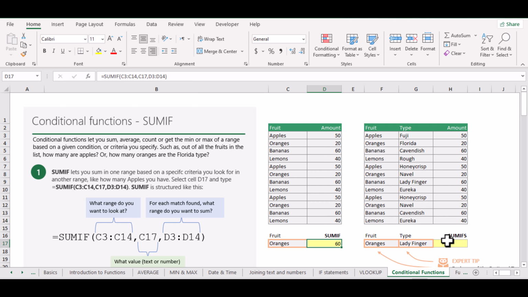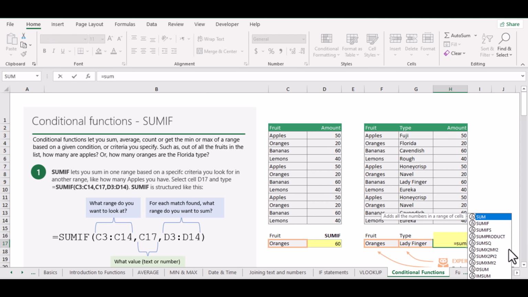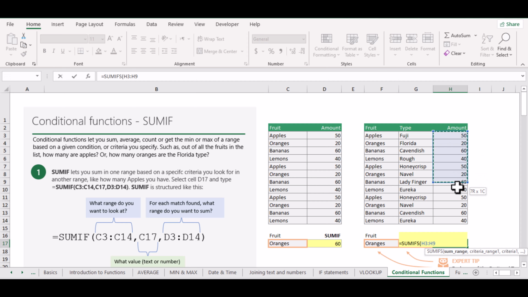Let us go to SUMIFs. Write this formula. Select amount column. And then fruit column, comma. Select this cell. Select type column,